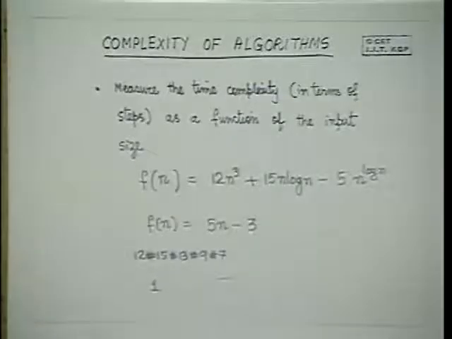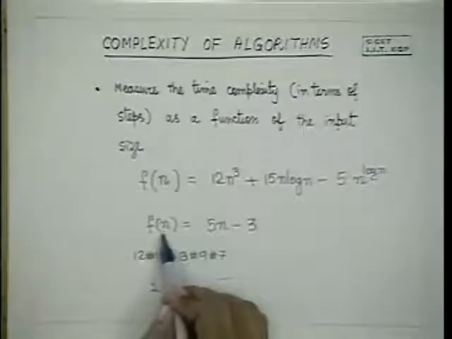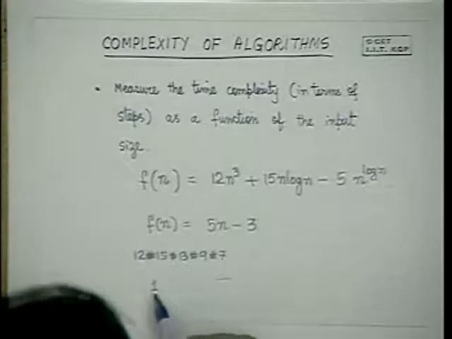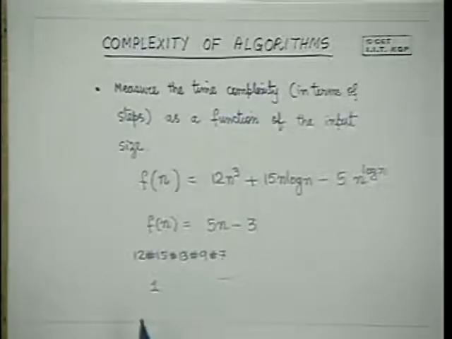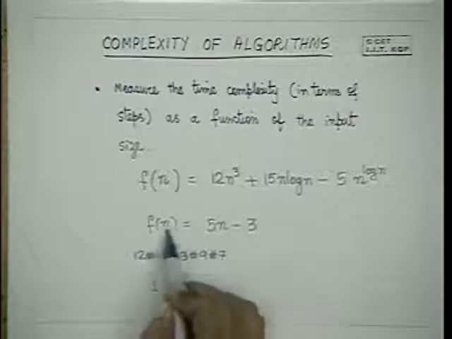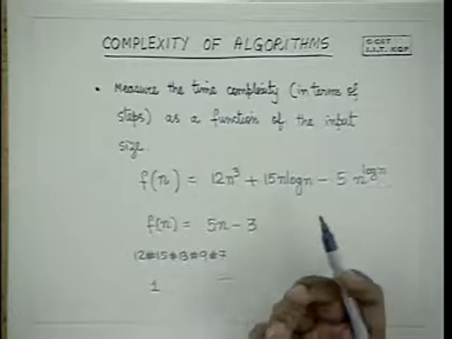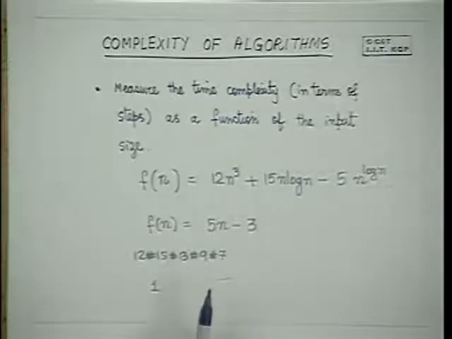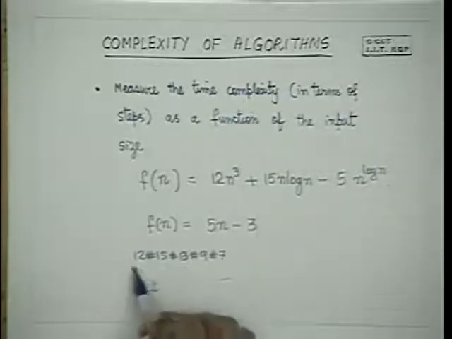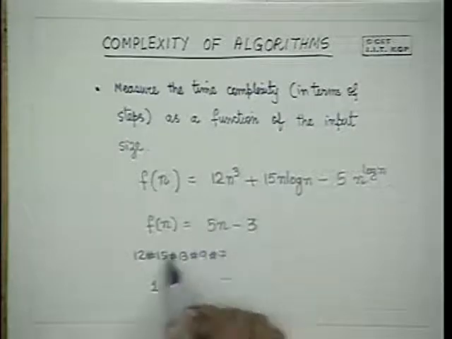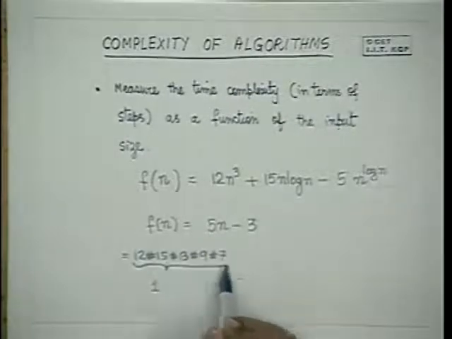So does that mean that the input size is 1? Then for the same problem, if you just take the input in a different way, in one case you will say my input size is n because I am taking n numbers, and here it will be 5n minus 3. In another case, I will say my input size is 1 because I am taking one number. Then what is the complexity? It is just dependent on the length of the input. The complexity of sorting, if I take it as a character string, will be proportional to the length of the input.